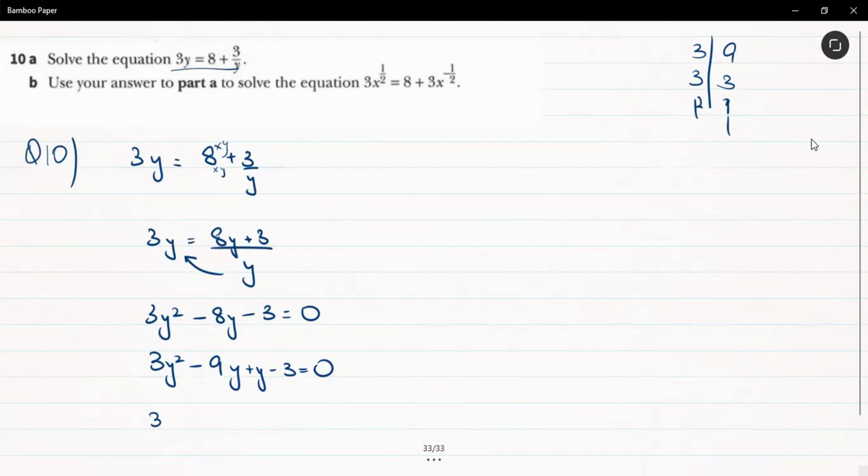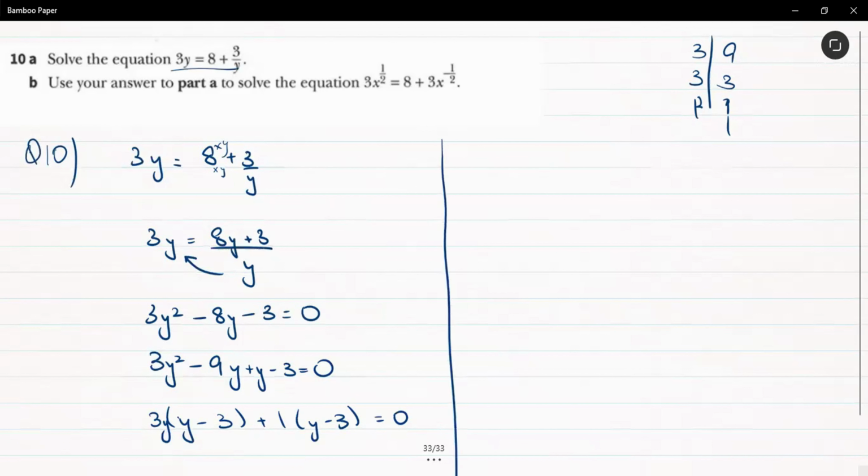We take 3y as the common, y minus 3 here, plus 1 as the common, y minus 3 here is equal to 0. Now the next thing we are going to do is just simplify: 3y plus 1 is equal to 0 and y minus 3 is equal to 0. So we have got two values: y is equal to negative 1 over 3 and y is equal to